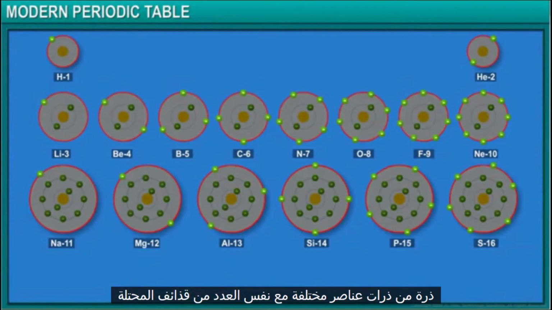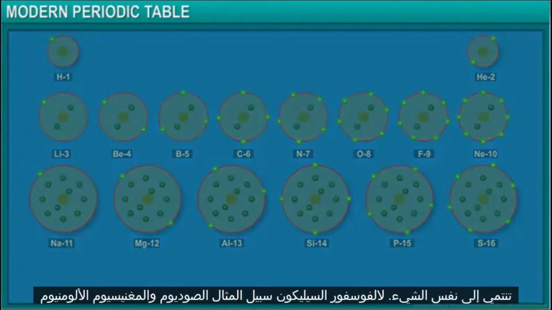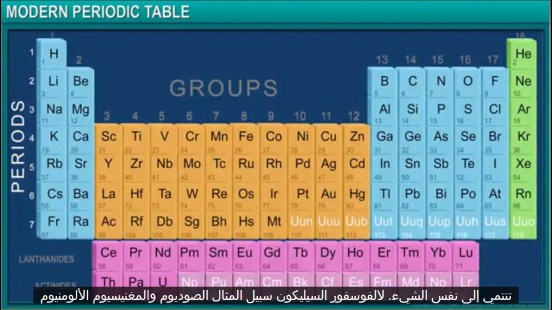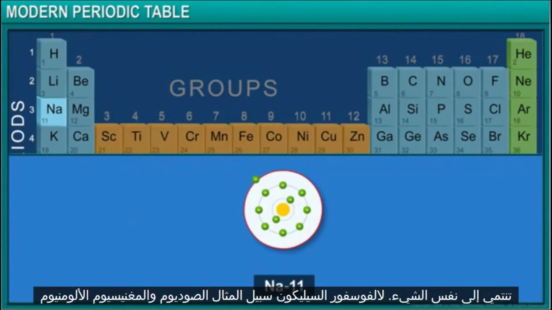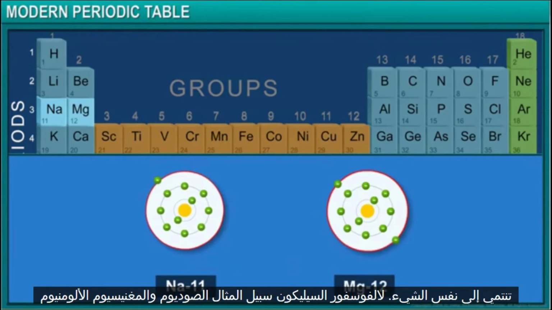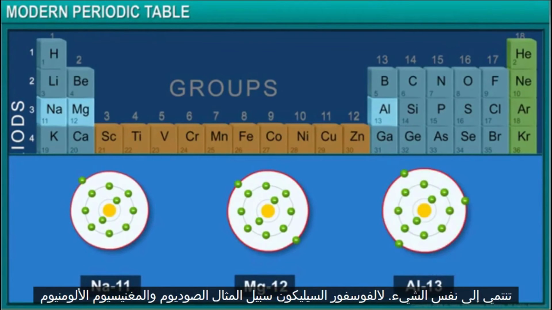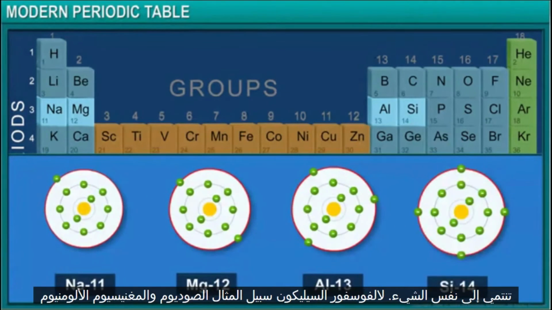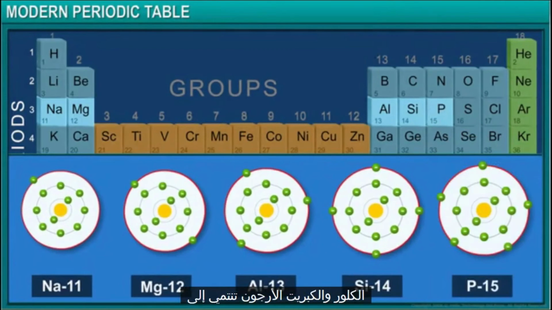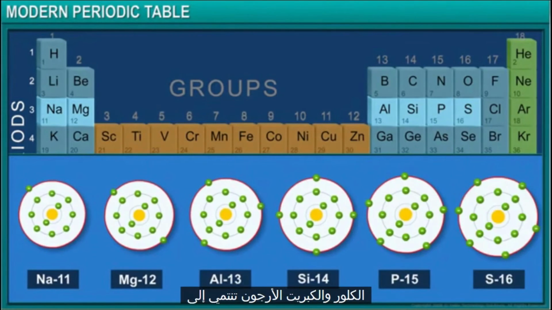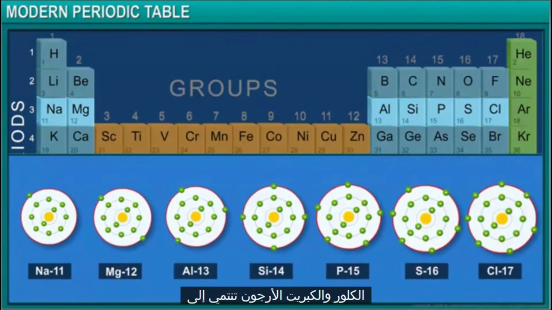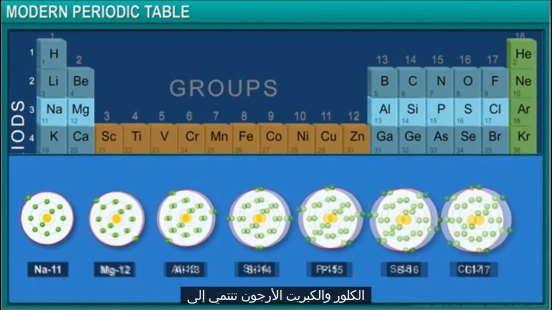The atoms of different elements with the same number of occupied shells belong to the same period. For example, sodium, magnesium, aluminium, silicon, phosphorus, sulfur, chlorine, and argon